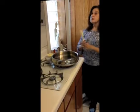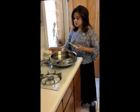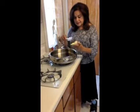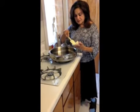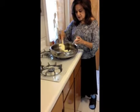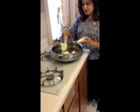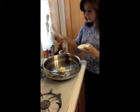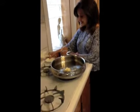The first thing that I'm going to do is put the butter in the saute pan, and I'm using about 6 tablespoons of sweet butter. I found that sweet butter makes the eggs more palatable and tasty and less